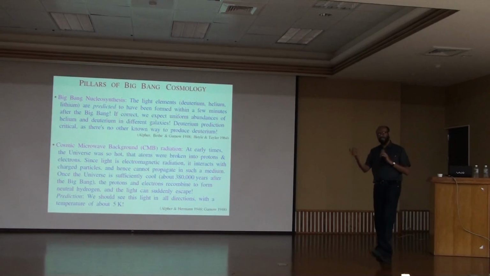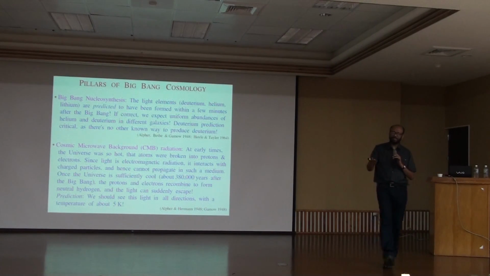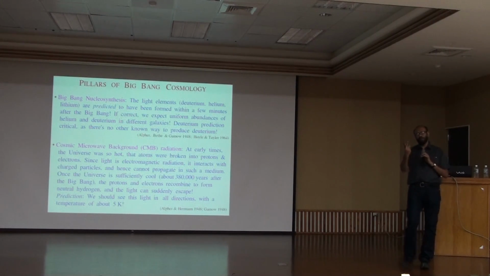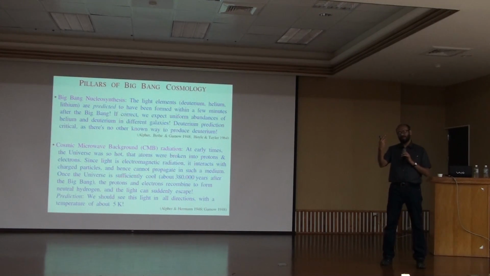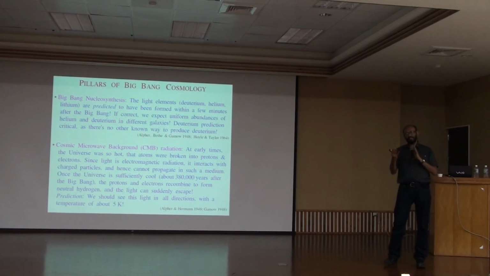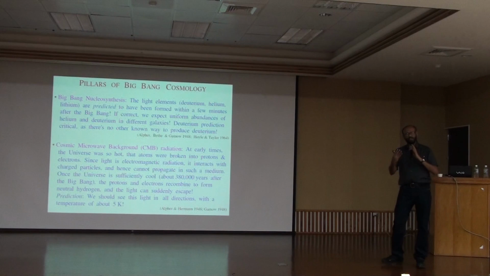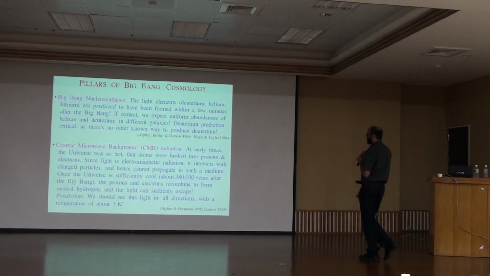It turns out that for helium, you can actually predict the amount of helium that should form, because the amount of helium that should form only depends on the relative number of neutrons and protons. At the time when helium was formed, after the Big Bang, most of the neutrons went into helium. So all that determines the amount of helium is the neutron to proton ratio. So you can actually predict how much helium there should be. And that was a prediction that was made, in fact, by Fred Hoyle.